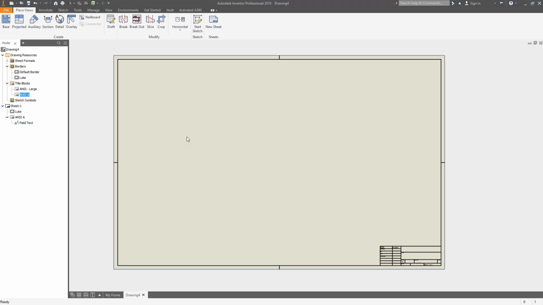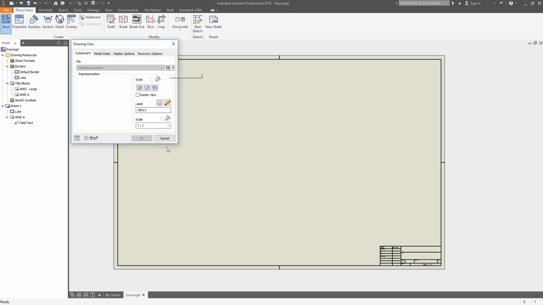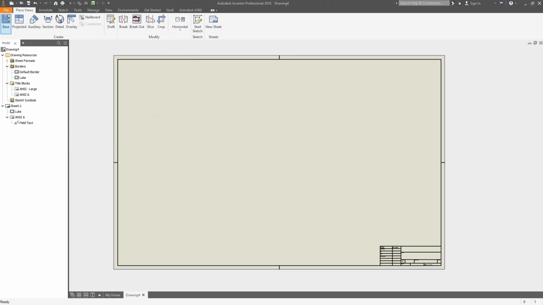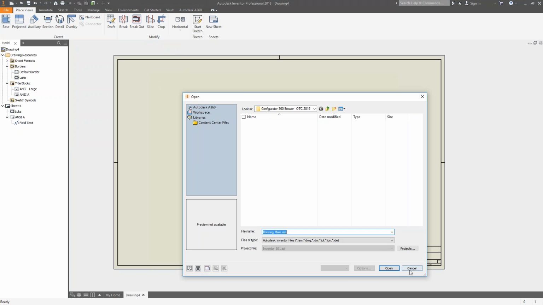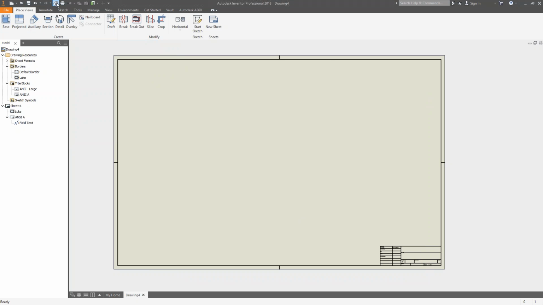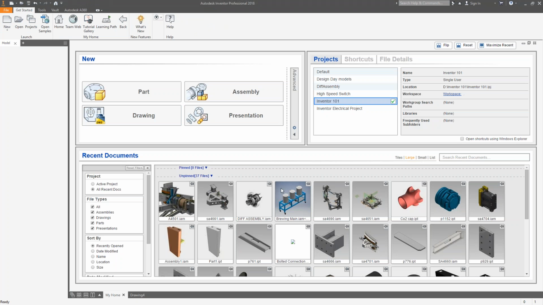Okay, so a couple things whenever you start to create your drawing views. You could come in here and create a base view, and you could go find a document. Some people like to do that. Personally, I kind of like to have my models open that I'm going to work with. So I'm just going to open a model here. And I'm just going to go to my home so I can see, and I want to work with this